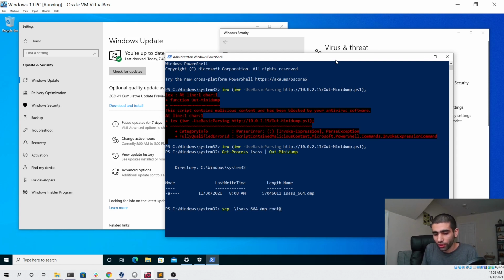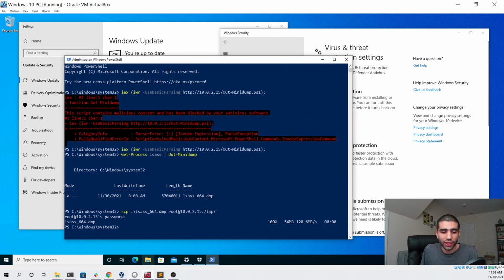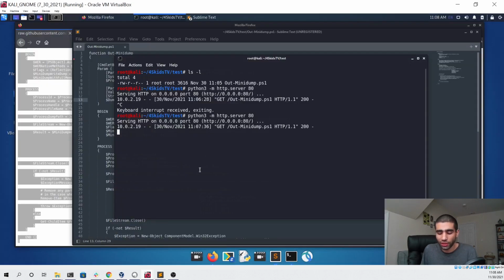Pointing to our Kali Linux virtual machine and storing it in the temp directory. So if we hit enter and then enter in our password, you can see that we transferred it with no issue. And then if we head back over to our Linux virtual machine and run the Mimikatz command that we ran earlier, pointing it to the file that we just transferred,